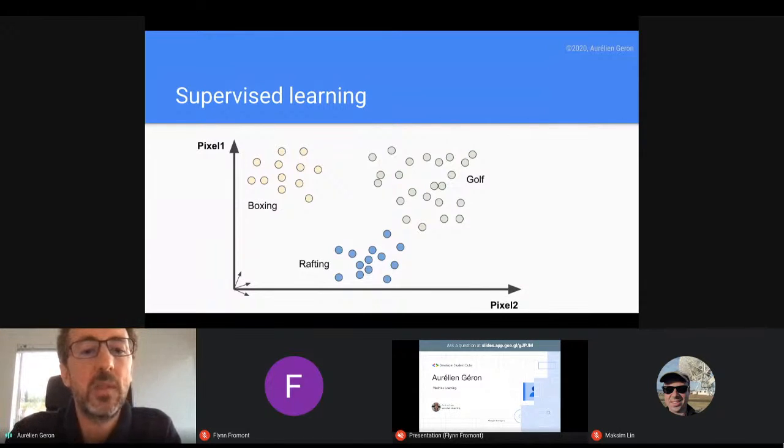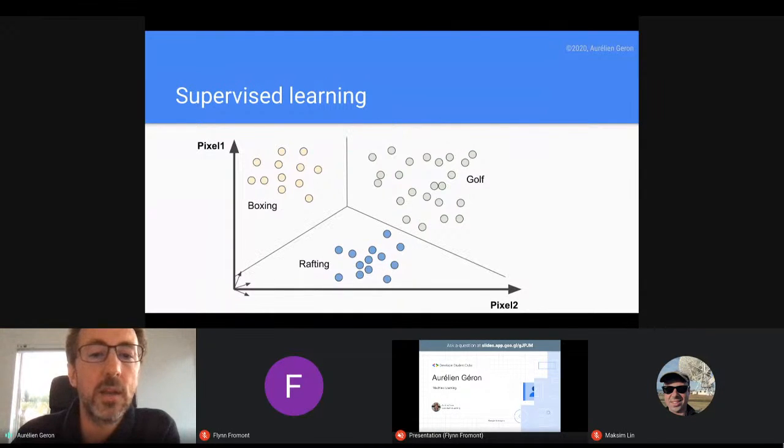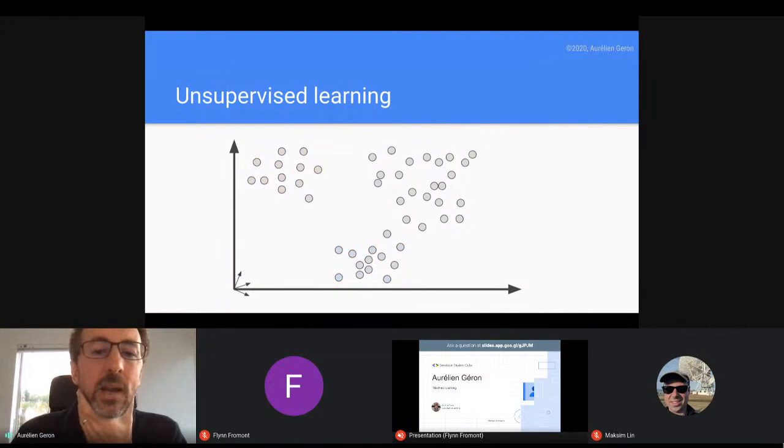It's when you have not only the inputs, but also the desired outputs, and that's what you feed to the algorithm. And this works really well, and it can learn to separate these classes using the neural net. But another kind of machine learning that you don't see as often, but which is also pretty useful, is unsupervised learning, where you don't have the so-called labels. You don't tell the algorithm what the desired output is. You just give it plenty of data and just tell it, go ahead with that data and do what you